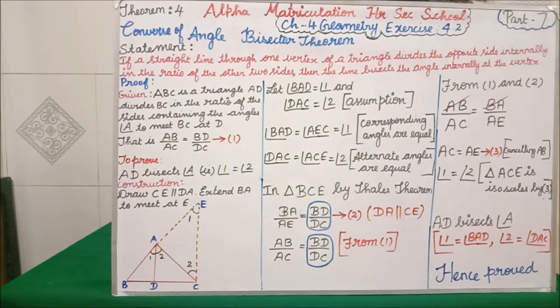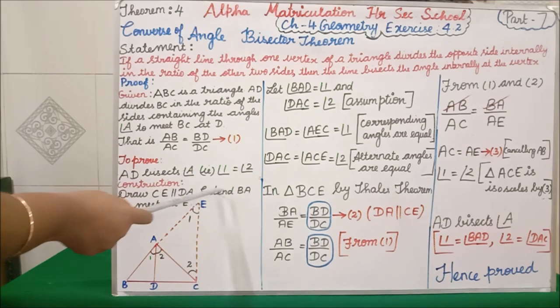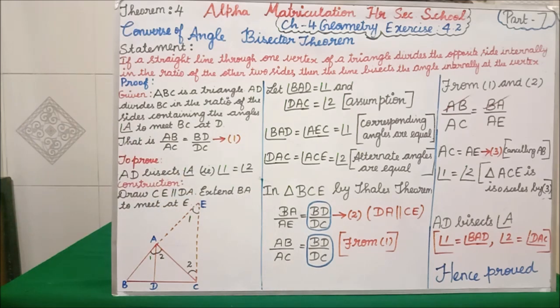Okay, that only we want to prove, isn't it? In prove what we have written here, we want to prove AD bisects angle A. That is, we want to prove angle 1 is equal to angle 2. We have showed here angle 1 is equal to angle 2. Now we are saying that AD bisects angle A. Which means angle 1 is equal to BAD, that comma angle 2 is DAC. We are saying angle 1 is equal to angle 2 because